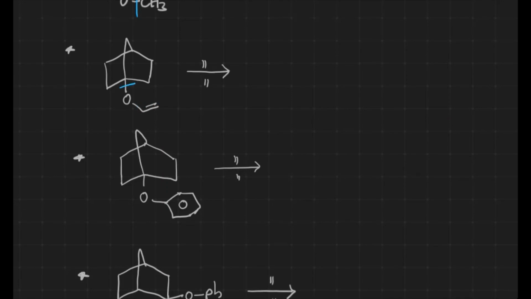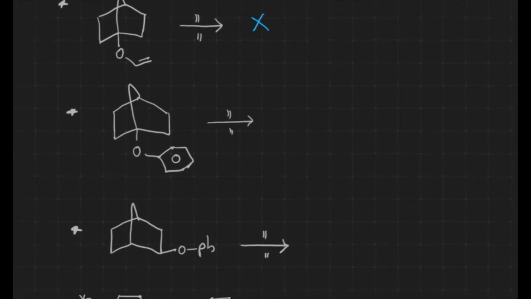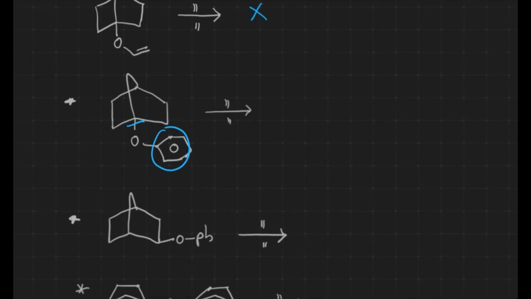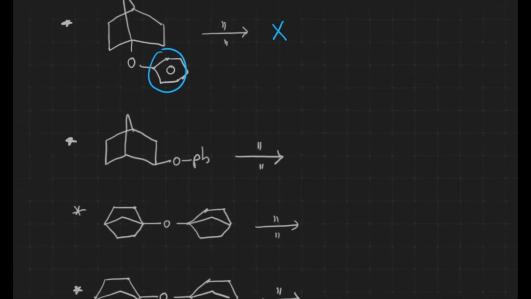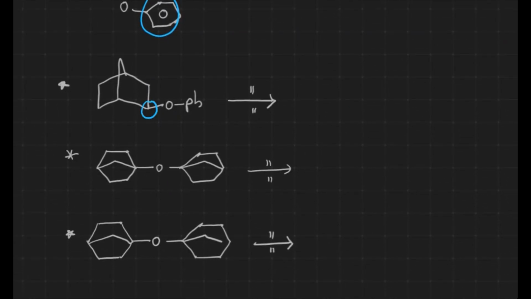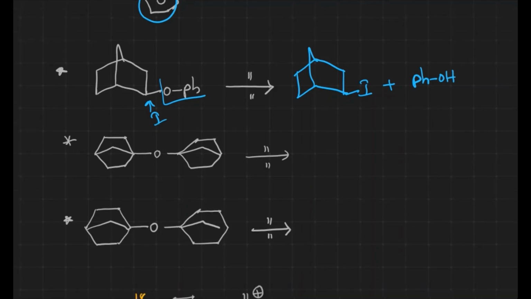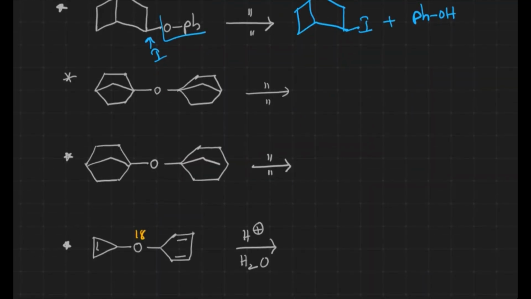because the respective carbocation is highly unstable, because of which we can't expect nucleophilic substitution reaction. Here also phenyl won't undergo it. Here also bond breaking won't take place, because of which again we won't expect any kind of nucleophilic substitution reaction here. Now if you see here, at this particular position, this phenyl part turns into alcohol, and this part turns into iodide over there. Phenol.